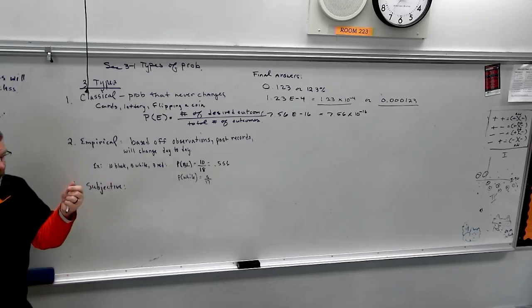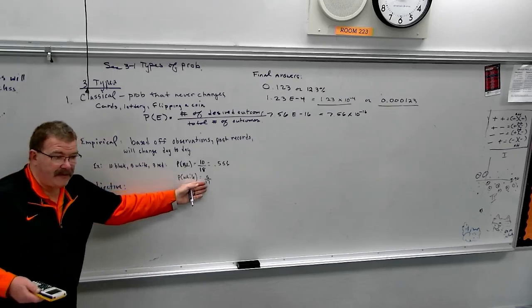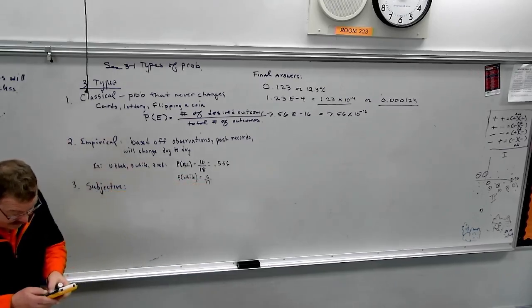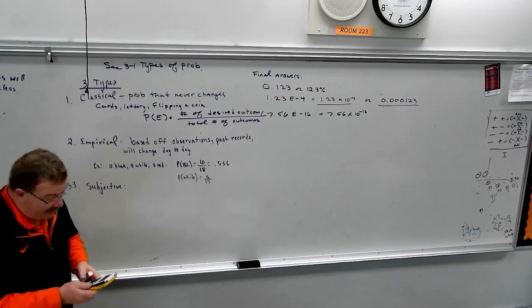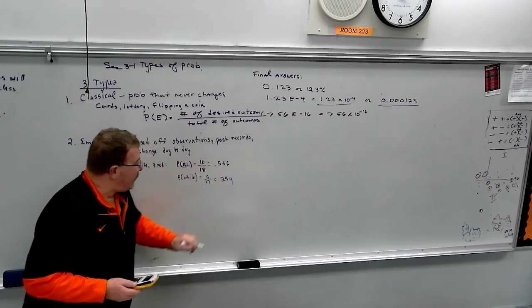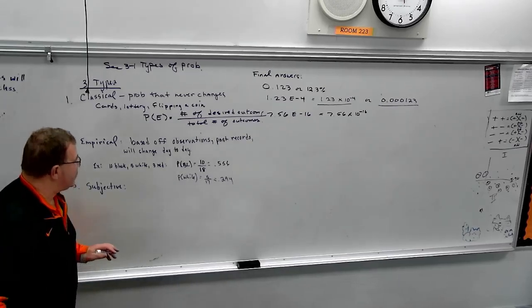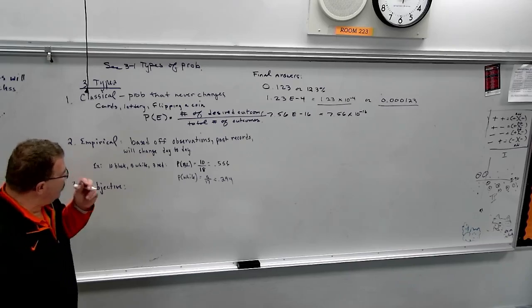Because I grabbed a sock, I wore it, I threw it in the dirty clothes, and the next day I grab a different sock. If I take 5 divided by 17, I have a 0.294 chance, or a 29.4% chance of that happening. This is empirical. Do you see that my probabilities change time after time? One other thing, and this is a dead giveaway with empirical, is